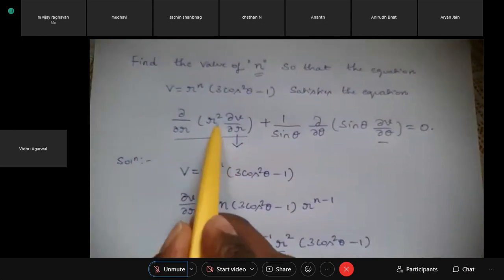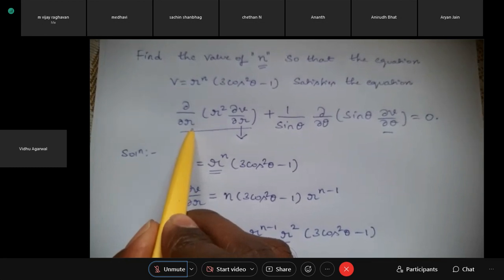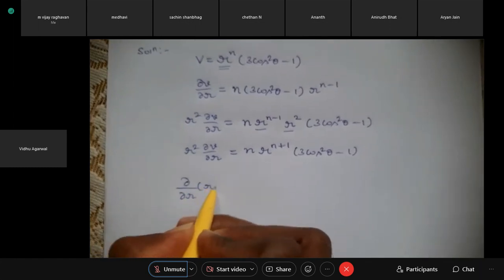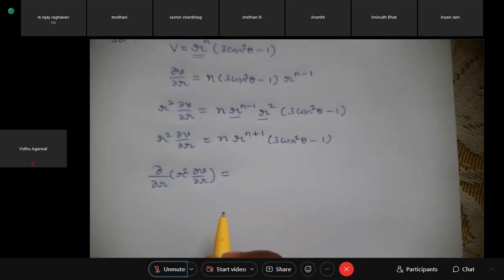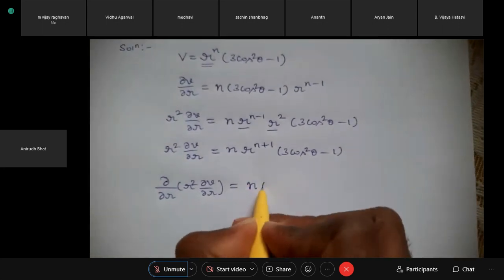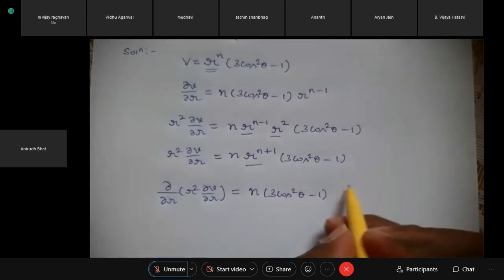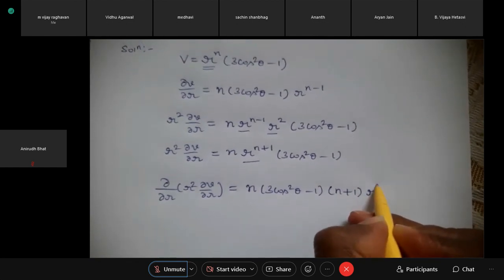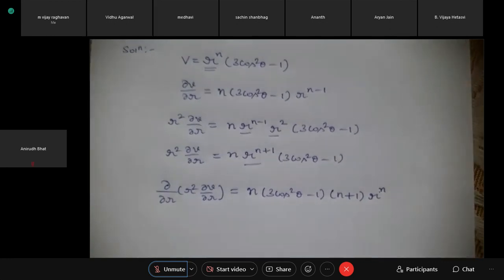Next, this term has to be differentiated with respect to which variable? r. So I will take dou by dou r. This function, r square dou v by dou r, has to be differentiated partially. Again, which terms do you treat as constant? 3 cos square theta minus 1 and n. n is also treated as constant, along with 3 cos square theta minus 1. The differentiation gives n plus 1 multiplied by r to the power of n plus 1 minus 1. The minus 1 and plus 1 will get cancelled. You will just get r power